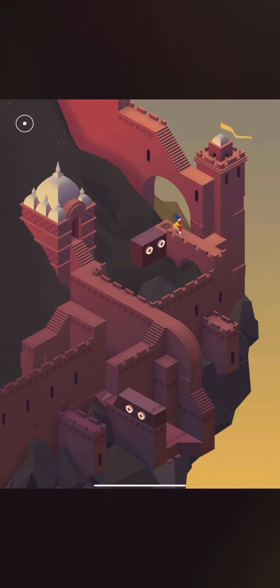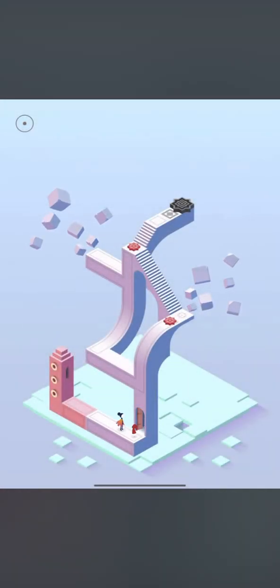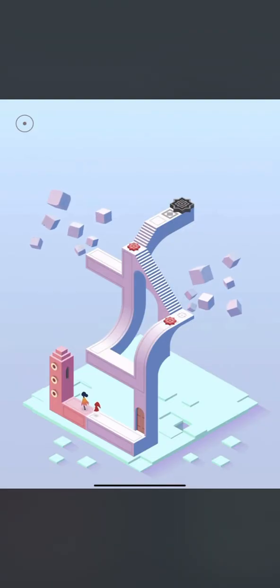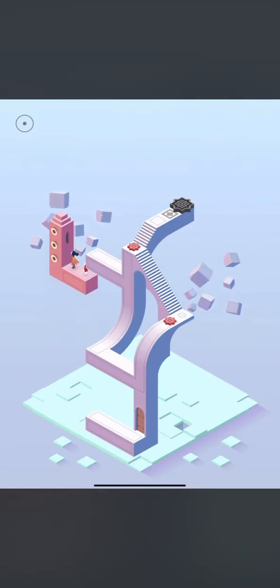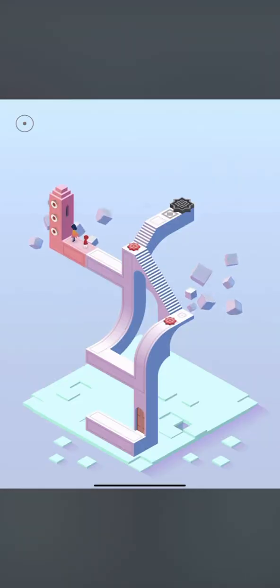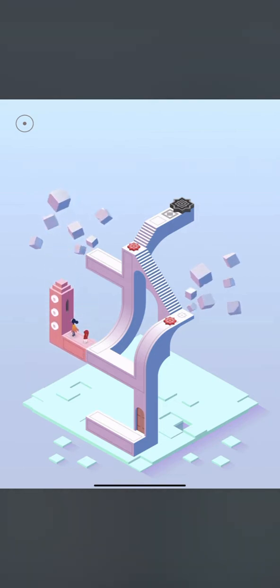Alright, simple enough. But yeah, I like that they've added some sort of unique relationship dynamic between these two characters where they can be split apart, as we just saw. Cause a little anxiousness amongst the players who are playing. See, now I gotta see how I can get up to these switches.